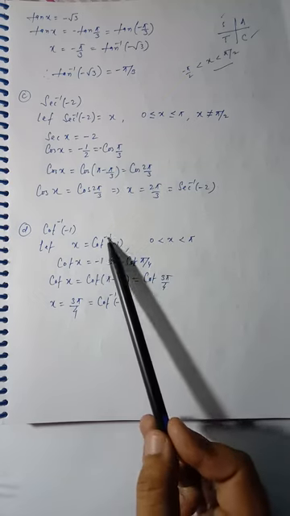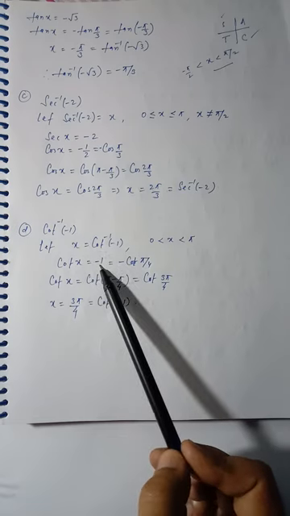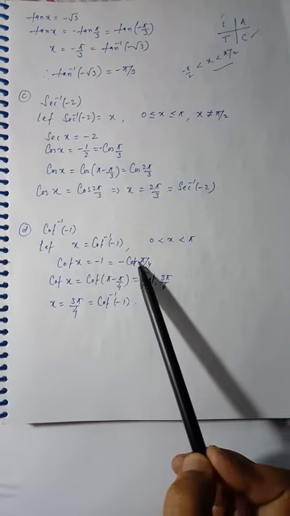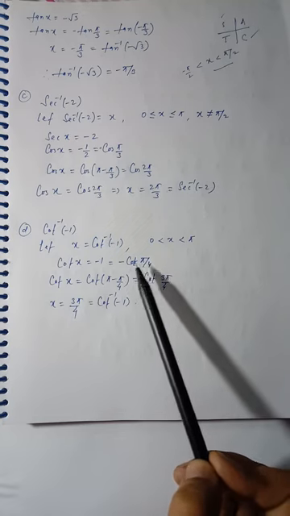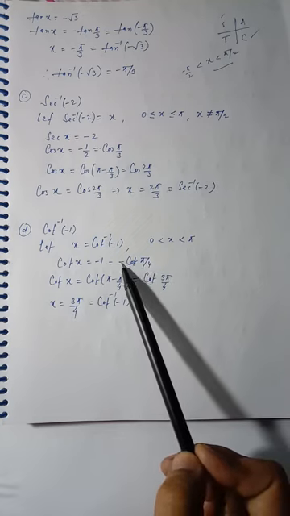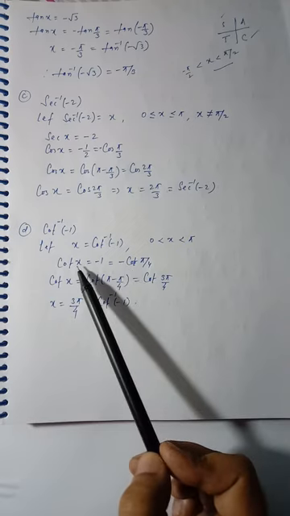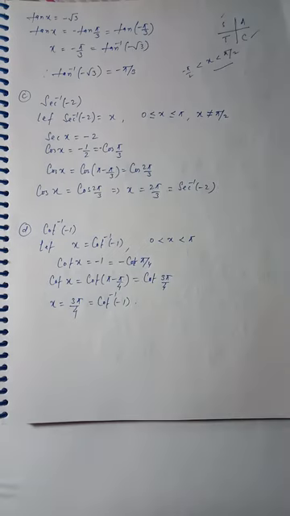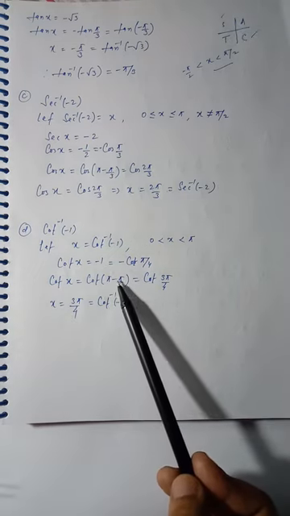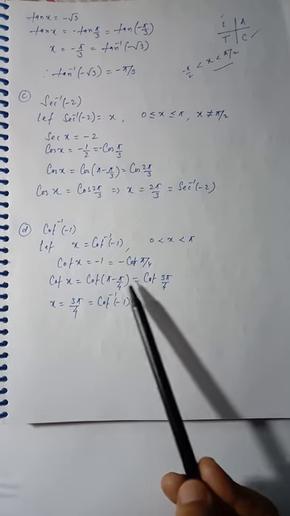When cot inverse minus 1 is x, cot x is equal to minus 1. So write down minus here, and this 1 can be written as cot pi by 4, because here we have to use only basic values. So it is minus cot pi by 4, cot 45 degree. Now the main task is to remove the minus, because we cannot compare both sides until we remove this minus. So this is minus cot theta. You see here, cot is negative here and also in the fourth quadrant. So this minus cot theta can be written as cot 180 minus theta, because cot 180 minus theta is minus cot theta. So solve it, and you will get 3 pi by 4.